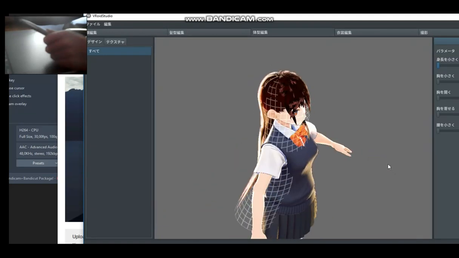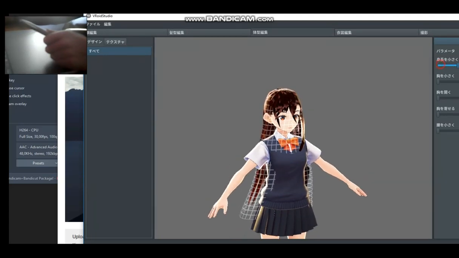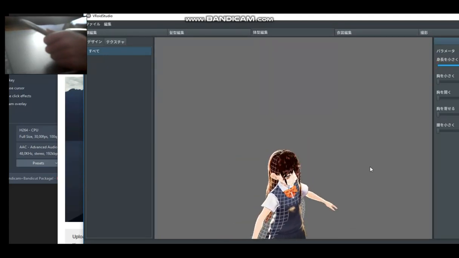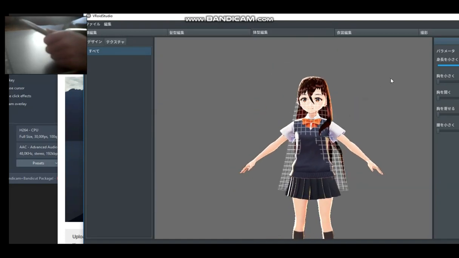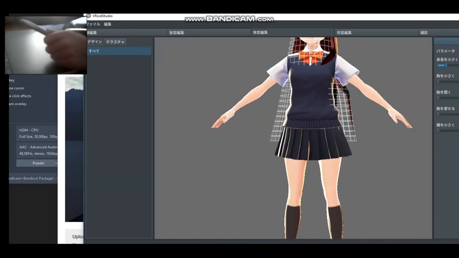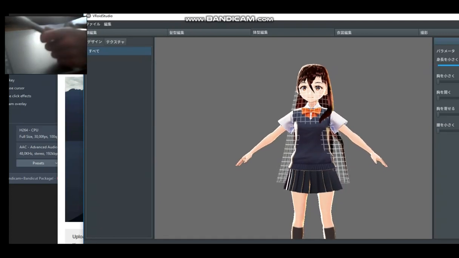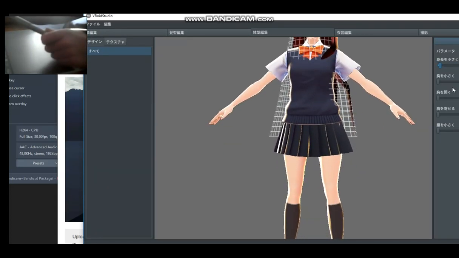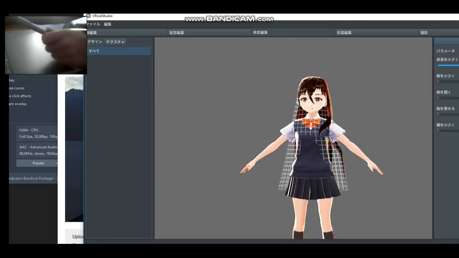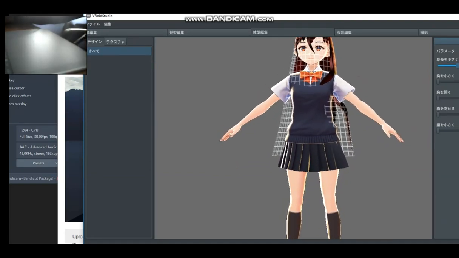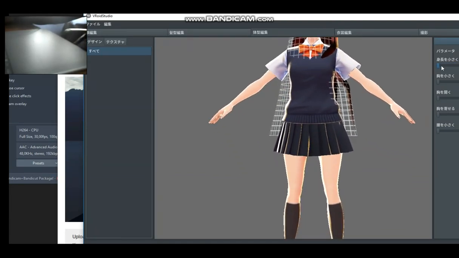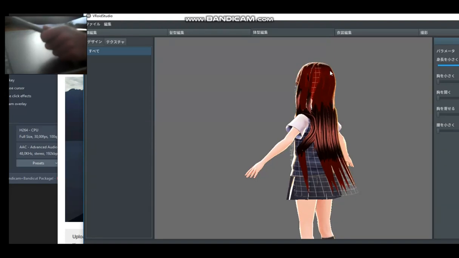This is just changing a bit of the model, like the size. So if you want to make a child, you see, it actually didn't only change the size, it actually does kind of look like a kid. So it changes the body proportion completely. Now the hair, don't worry, that stays where it is. See, that hair still stays perfectly, and okay, it kind of changes a bit. So I suggest actually